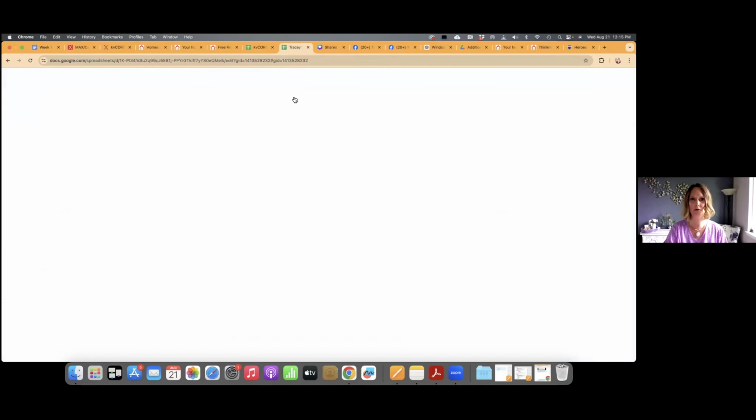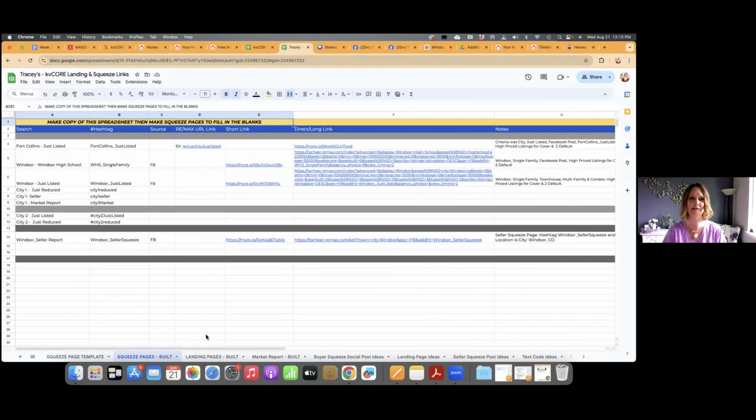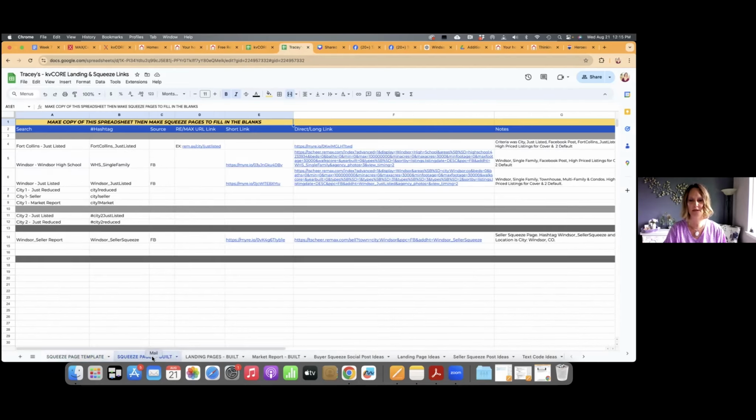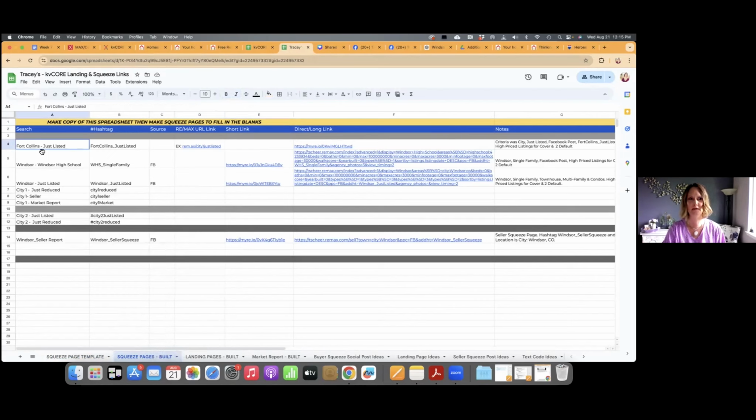I'm just going to show you some examples so you can see what I mean by this. So I had created some squeeze pages, and you'll see these tabs. This one was just so you could click on this and duplicate to make another page, and then you can rename these. When you click on the little arrow, you can go in and rename these pages and make them your own. And then what you can also do is say, okay, here's the search, here's the hashtag, here's